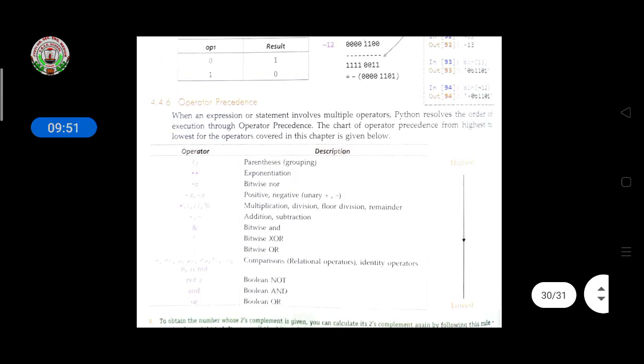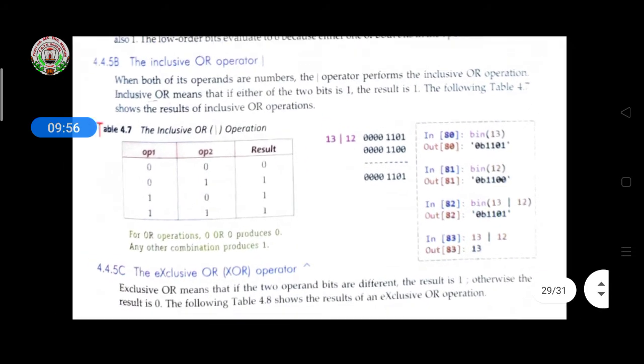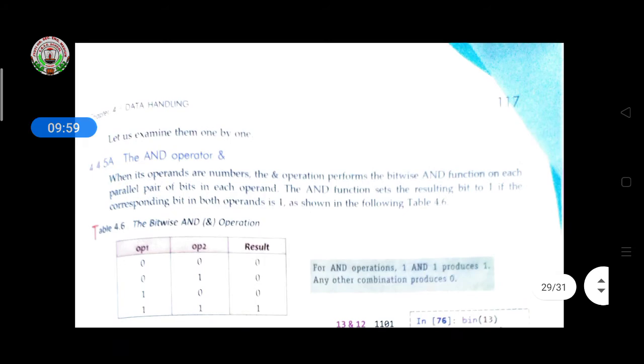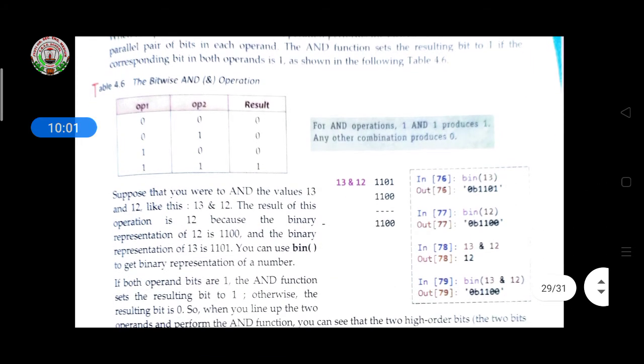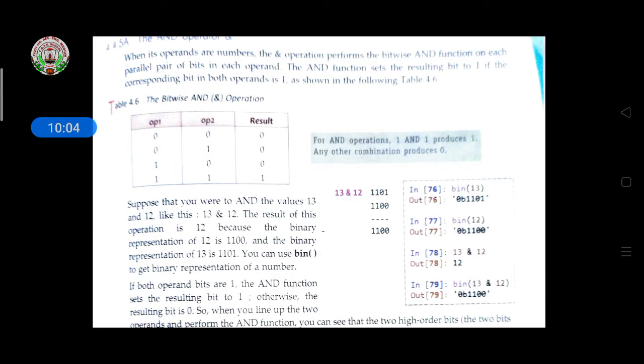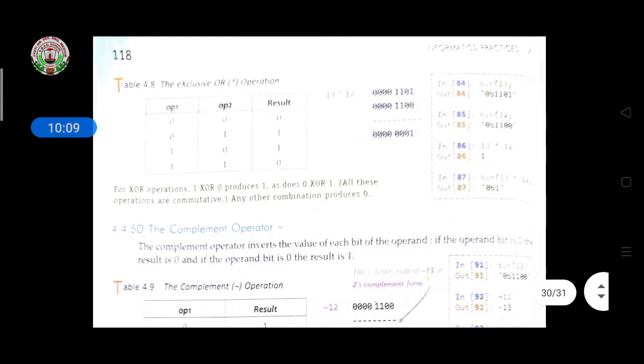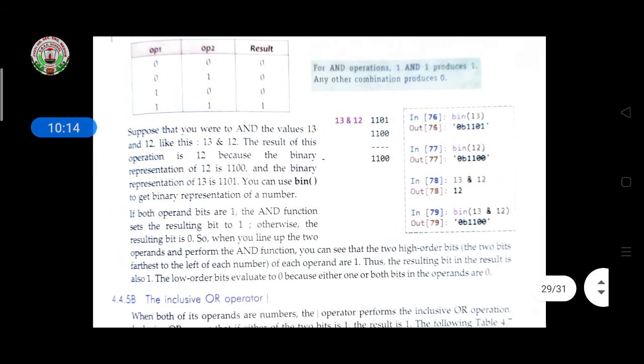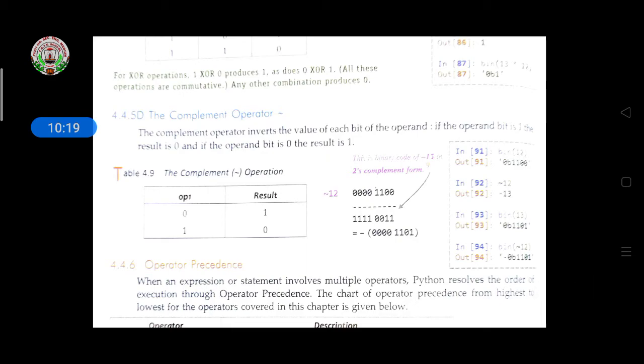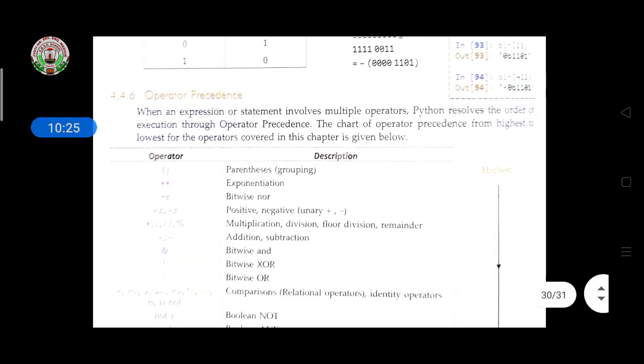About the three operators, we are continuously using them here. Like this we have to do the work, and here the operators are given: the AND operator, OR operator. So you have to see the table of all the operators, AND, OR, and the exclusive OR operator, and what the result should be if you give 1 and 2 as options. Then afterwards you find the output. So first you have to see the table of all four operators and then do the programming.